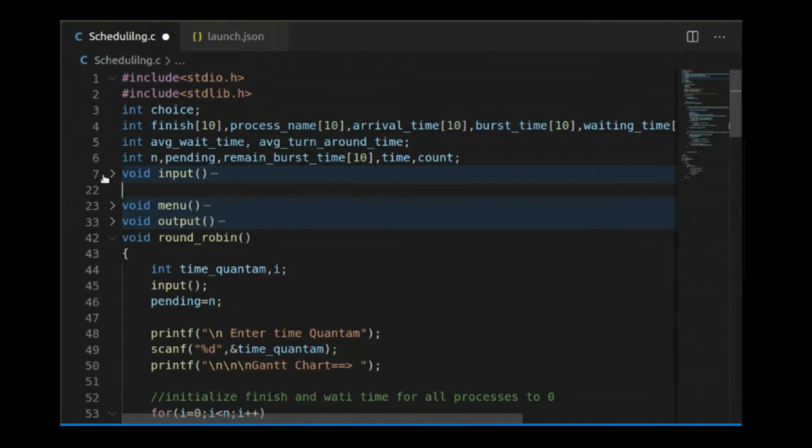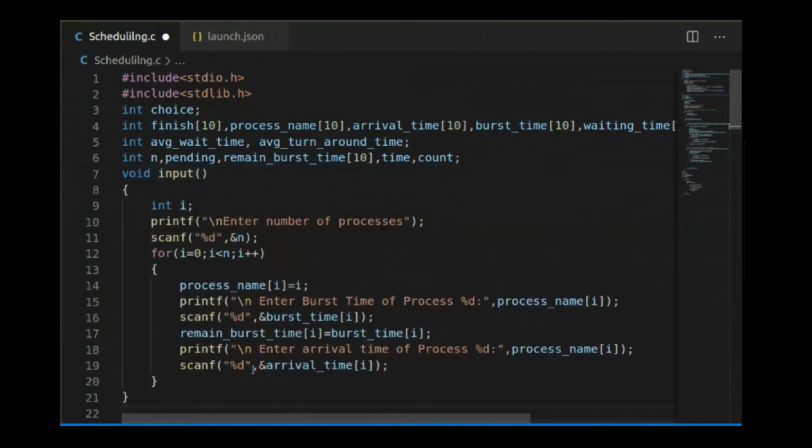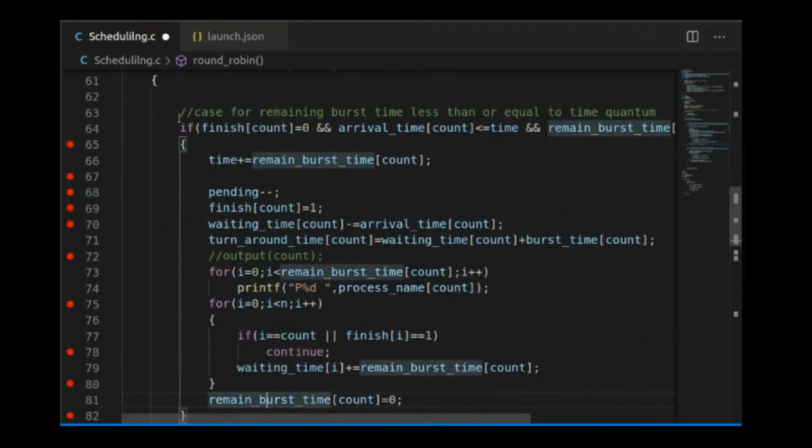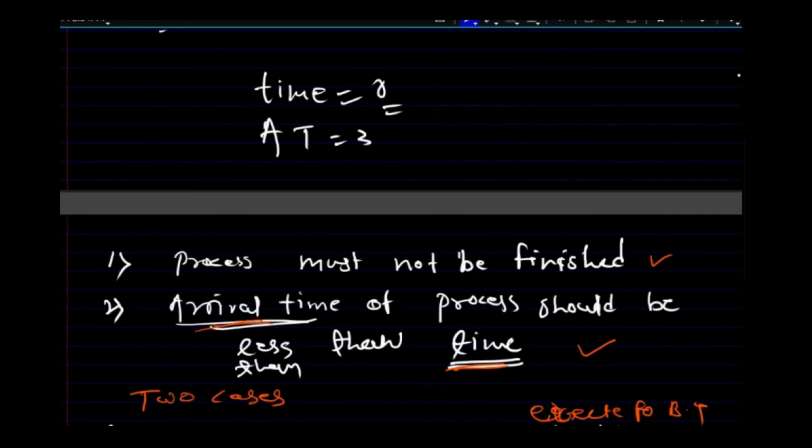We should have copied that remaining burst time. Yes, we have copied here remaining burst time. Original burst time we have copied into remaining burst time. So remaining burst time and burst time initially have the same values. Okay, so time plus equals remaining burst time. The meaning of this is,